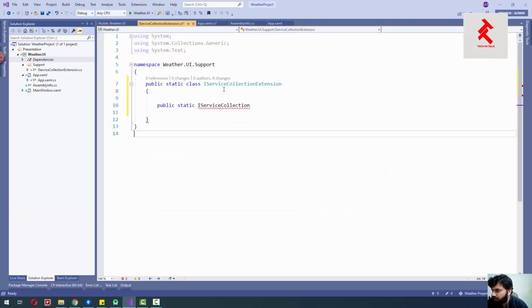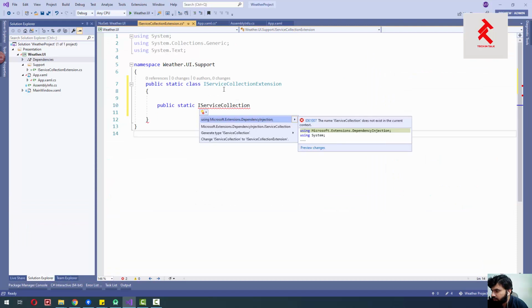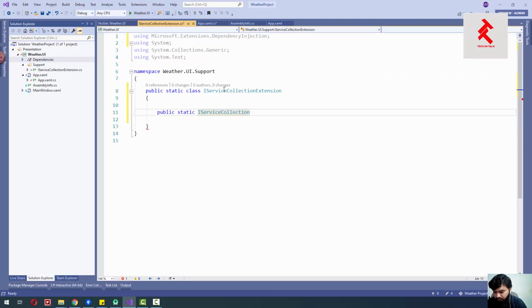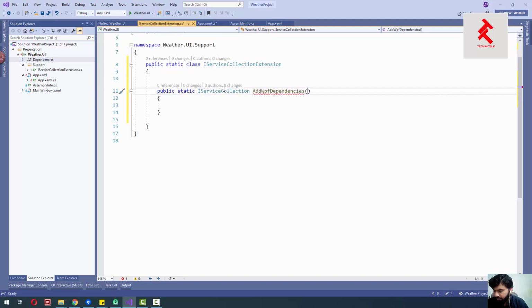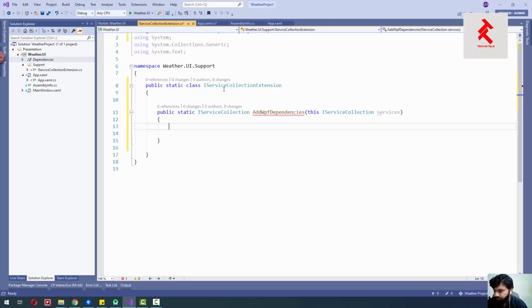Okay, let's go back here, and now you can see that it's working fine. And add WPF dependencies, right? And this should be taking an IServiceCollection object like this, right? And here what we can do is